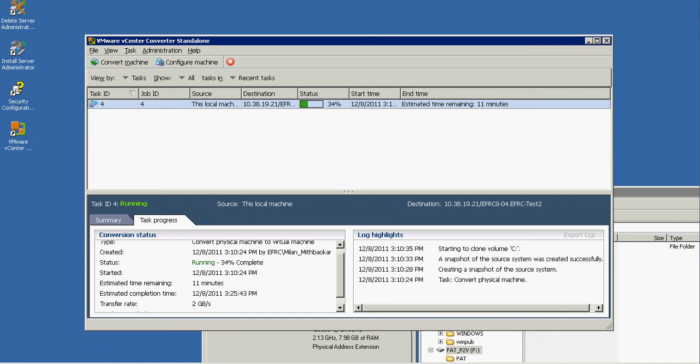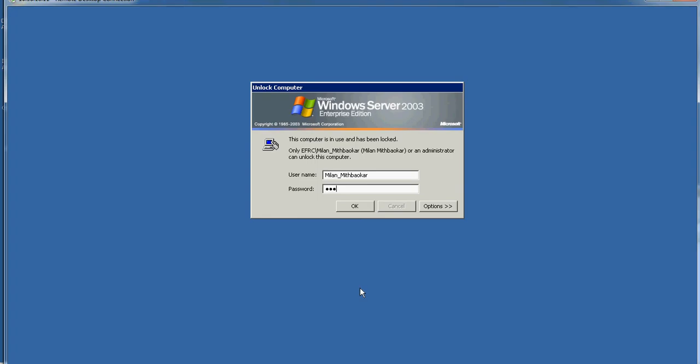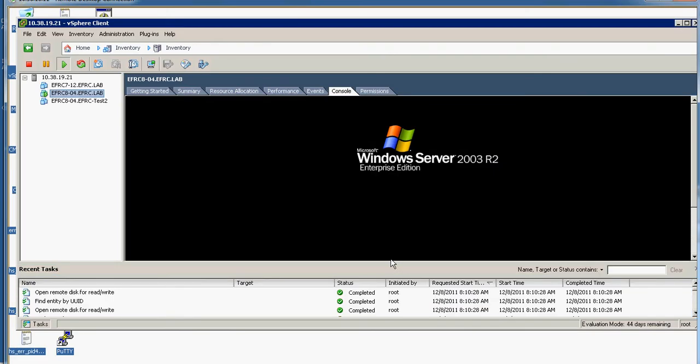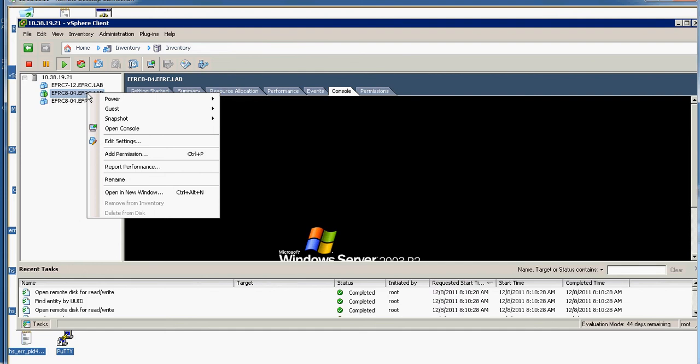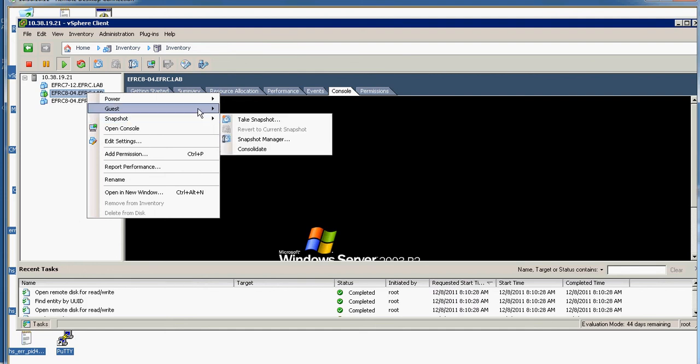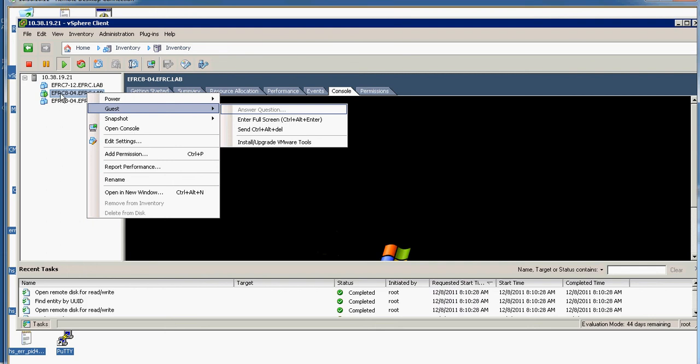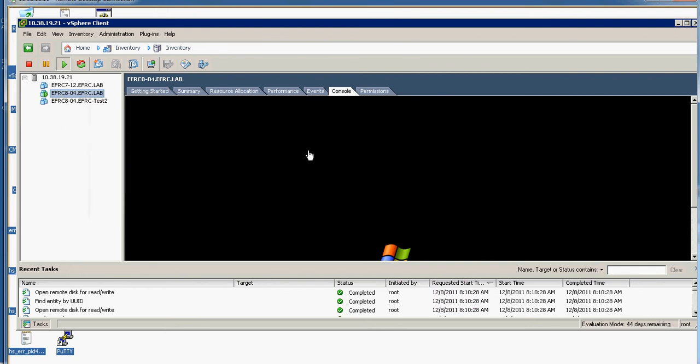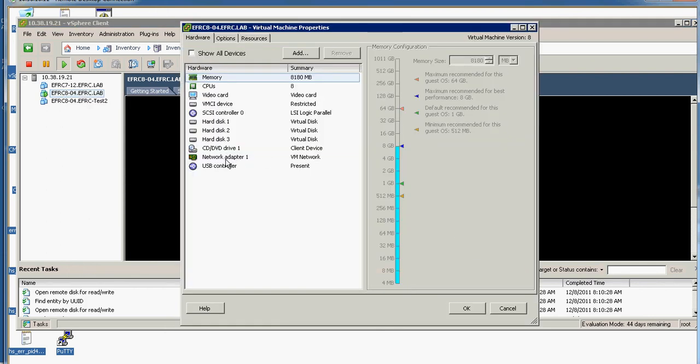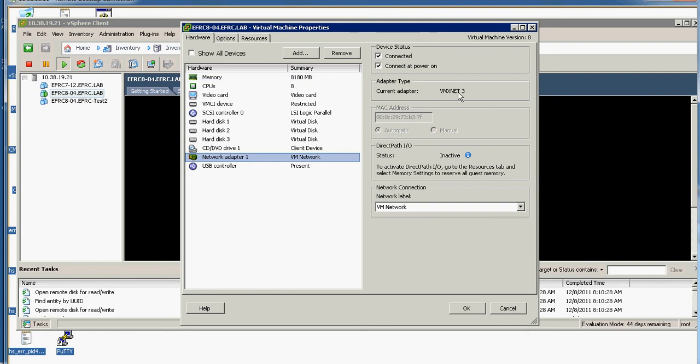And once the conversion is complete, you can see the VM, and the first thing when you power on the VM, make sure you install the VMware tools, and also edit the settings and add the appropriate network adapters, like the VMXNET 3 adapters,